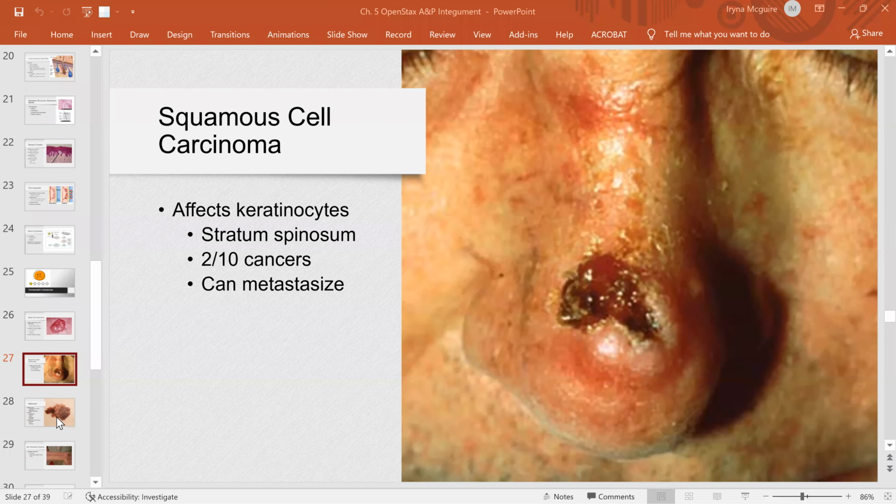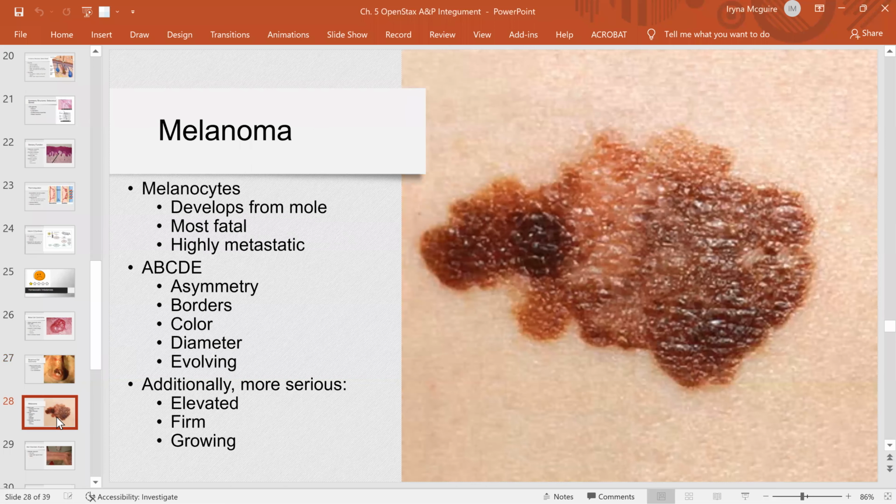Now, melanoma. Melanoma is a highly metastatic cancer, really pretty dangerous. It does not always develop from a mole. It might develop from a mole, sometimes it does not, but it does definitely start with melanocytes. It's the most fatal and